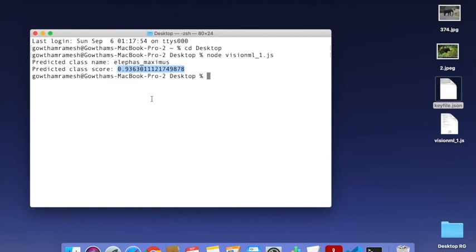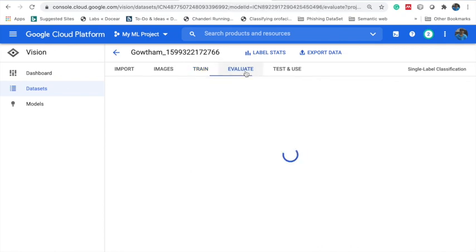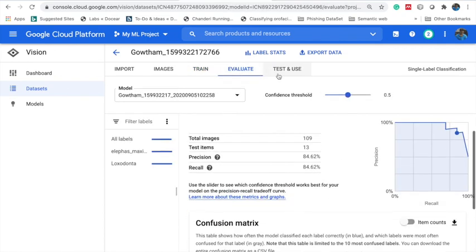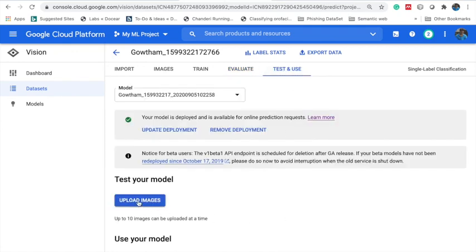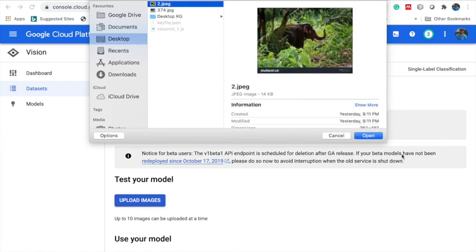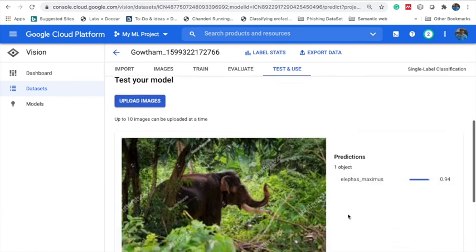Go back to your Vision API, go to the evaluate section, go to the test and use section, upload the image, select the same image. You can see the result here. It is Elephas maximus, and the rounded result is 94%. So it is exactly similar.